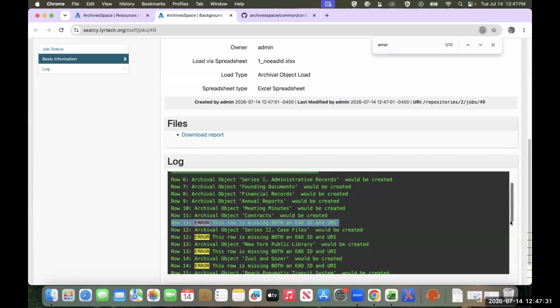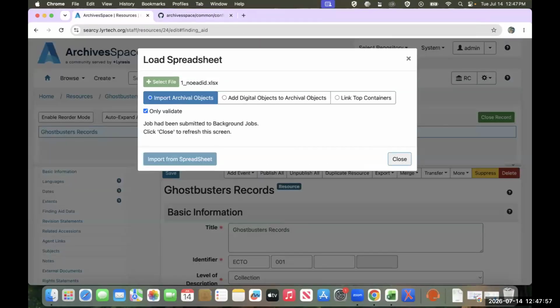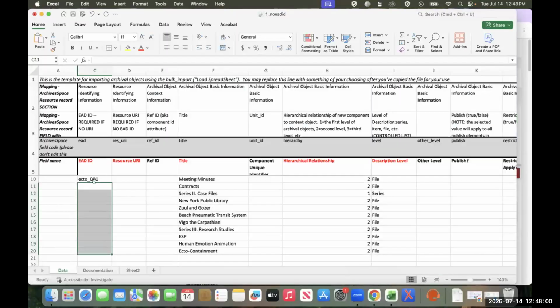Starting with that row, the first row that didn't have an EAD ID or a URI, I get the following message which says, error, this row is missing both an EAD ID and a URI. So I think this is a pretty human readable error message telling me that my row needs either an EAD ID or a URI. So I'm gonna get out of here, and in my spreadsheet,